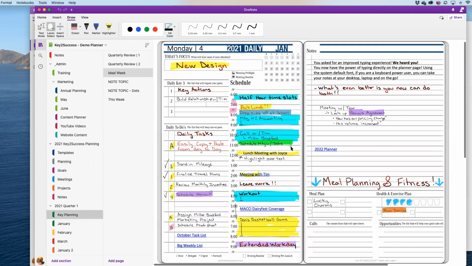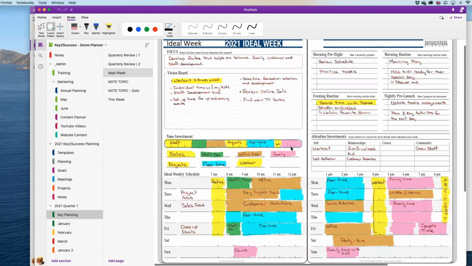Because the ideal week for me, and for a lot of people that I coach on how to use this planner, is you're really taking these 4 areas of investment and saying, okay, in this season in my life, which could be the next 4 weeks, it could be the next 12 weeks, it could be the next 6 months or the whole year, I want to see stronger development based on the goals and vision I have. I'm going to have more development and more investment of my time in myself or my career or my community, wherever the story may be.